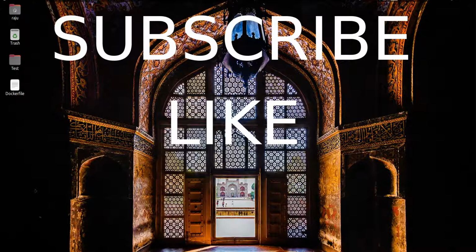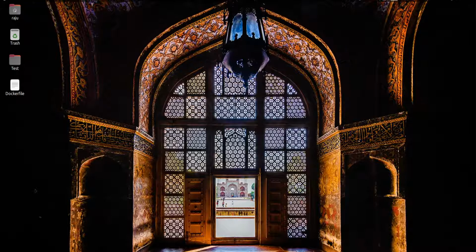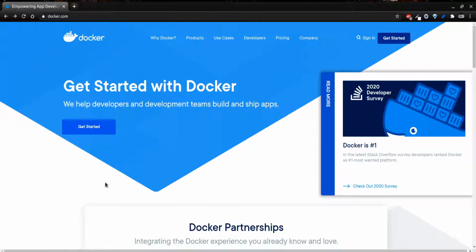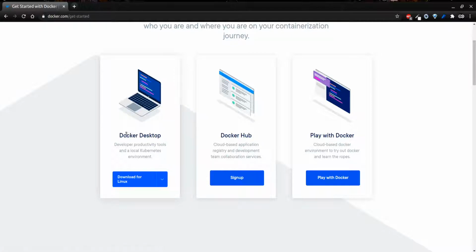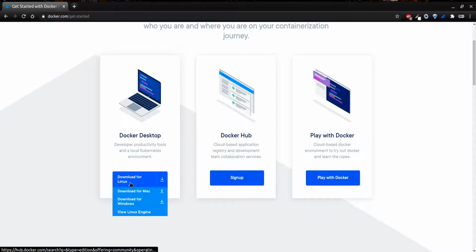Okay, so without wasting much time, let's go ahead and see how you can install Docker on your Ubuntu machine. So go to docker.com. Click on get started and scroll down. Here you can see Docker Desktop. We are interested in Linux, not the Mac or Windows. So click on Linux